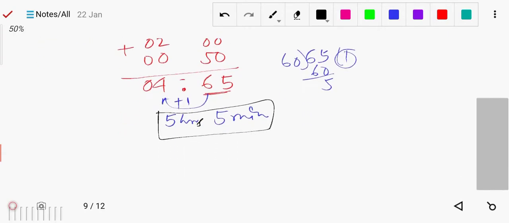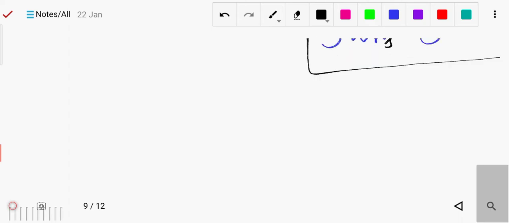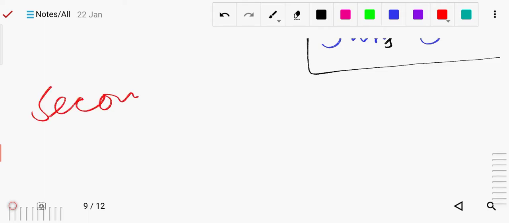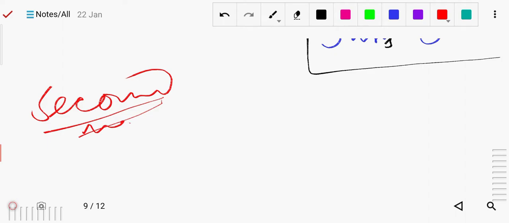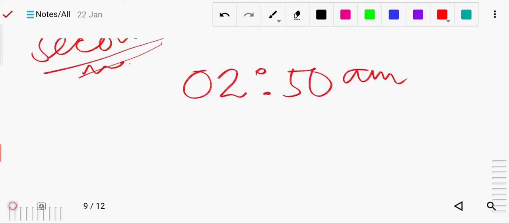Okay, now we will do the second method, method 2. This is the first method; in this way we have solved. Now the second method, just understand this one also. In the second method, the total time was given, the last time means 250. This 250 means am, because in railway time, the 24 hour clock, 250 is am.